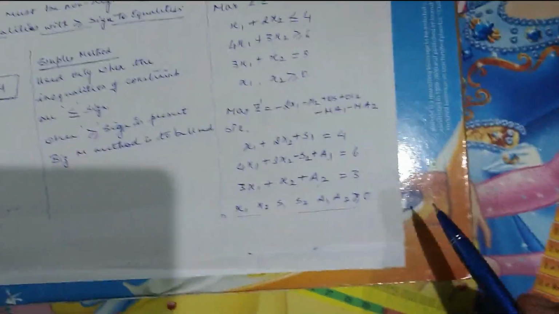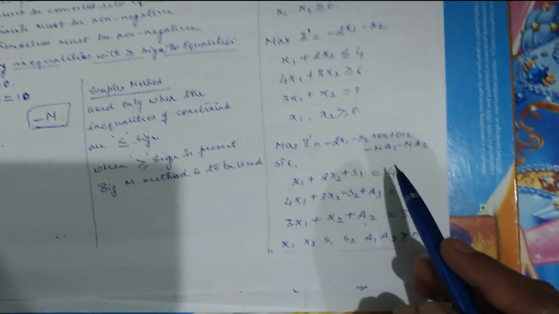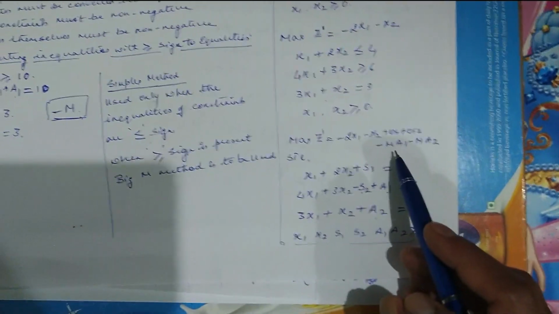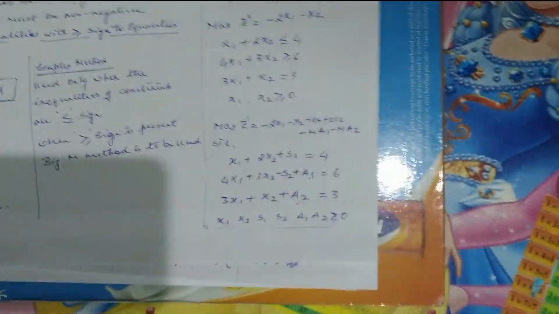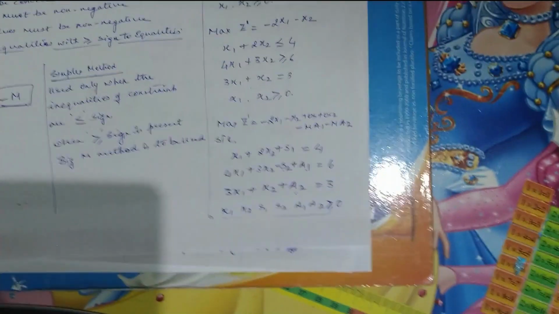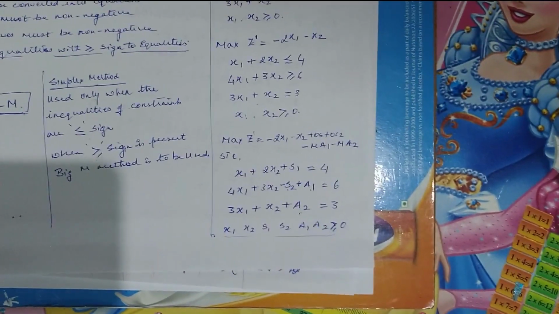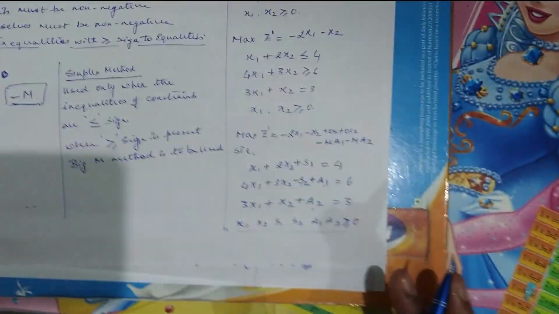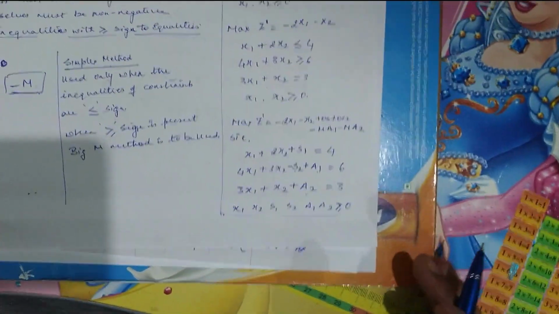Variable still remains 0, whereas the coefficient of the artificial variable is given as minus M. M itself is such a huge number that anything subtracted from M remains positive, and M minus any other quantity remains as M, whereas any number minus M will take the value of minus M itself.